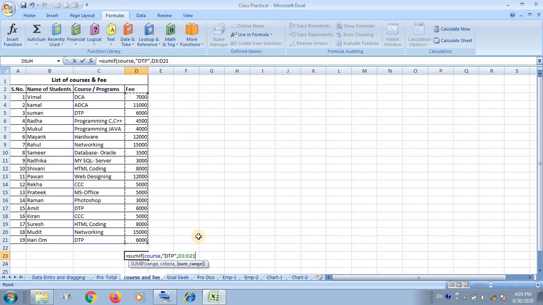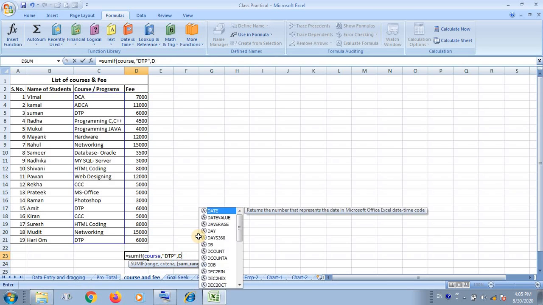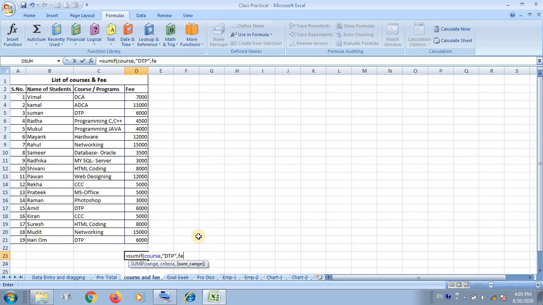You are looking here at the cell address of this. Otherwise, in place of this we can write the fee also, because okay, I have deleted it. Then we have to select the fee, whole fee.